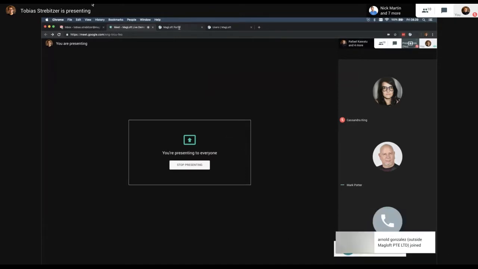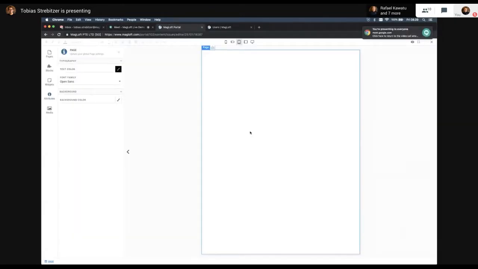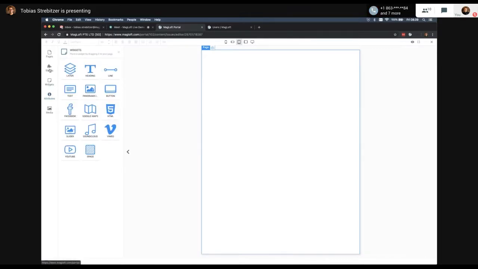Okay, we've got someone new joining. Hello. We just went through a short little introduction on the editor. Basically, we're just starting on a blank page now, and I'm going to show how we can build a page from here. So what I'm going to do first, before we go to the blocks where content is already created,